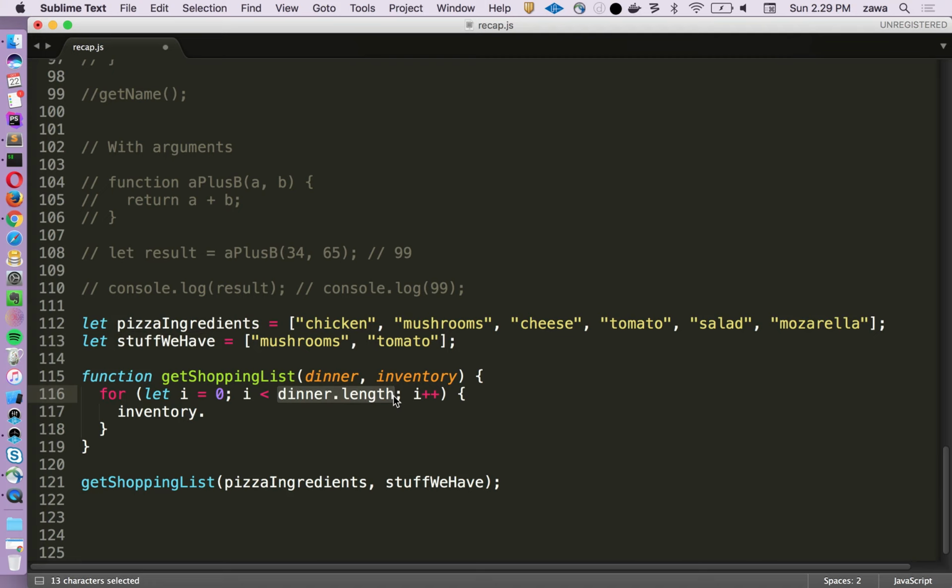So arrays have some functions. One of them can tell us how long they are, but they also have this function called includes, which will tell us whether the stuff you put in the includes function is in the array. So I can do inventory.includes, and then I can do